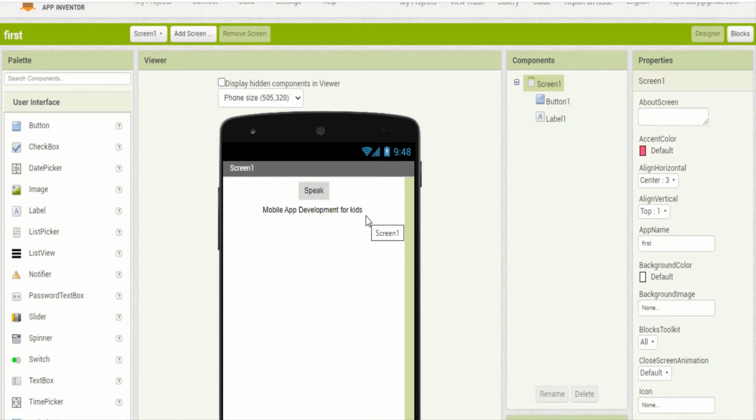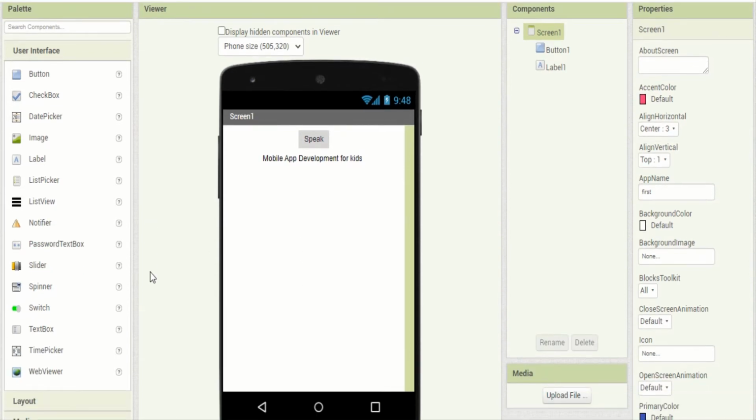We will use the blocks method, but I needed a logic here. So what will be my logic? My logic is that when any user clicks on this button, my mobile app should speak something. For that, I needed one function in my app. The function is text to speech. So I have to insert the text to speech function in my mobile app.